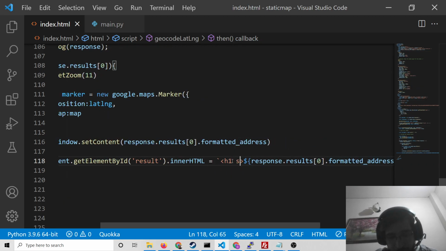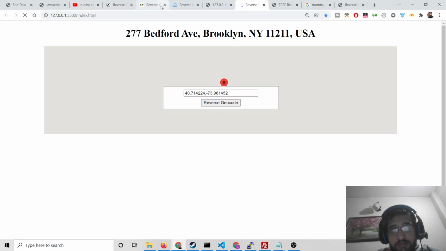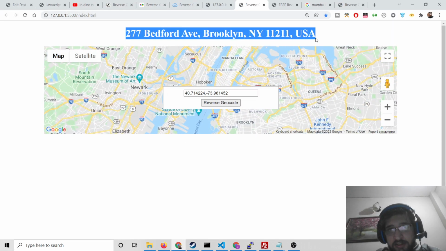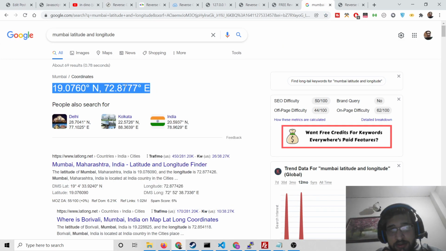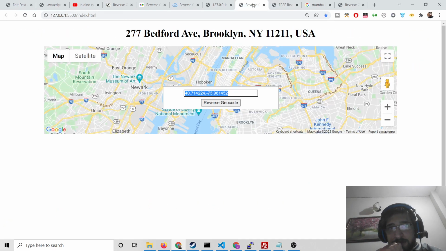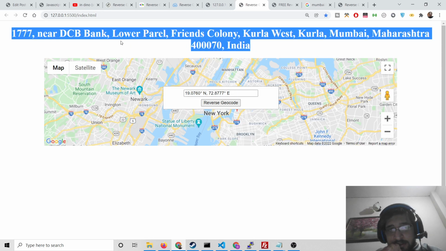In order to place it in the center, we can just say text align to center. Now you will see the address in the center position here. If you change these coordinates, latitude and longitude, you will see that it will change this full address here.